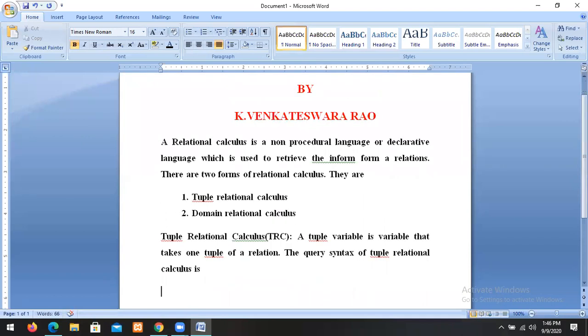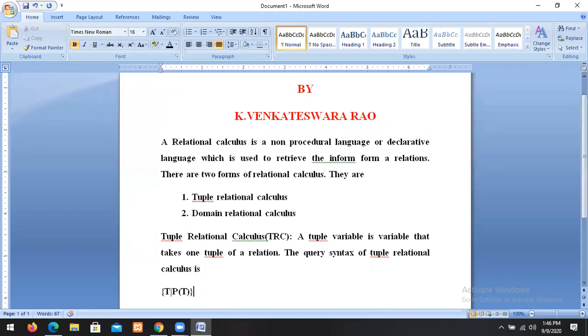What is the syntax? We will use the braces, then we can write {T | P(T)}. This is the query syntax of the tuple relational calculus.